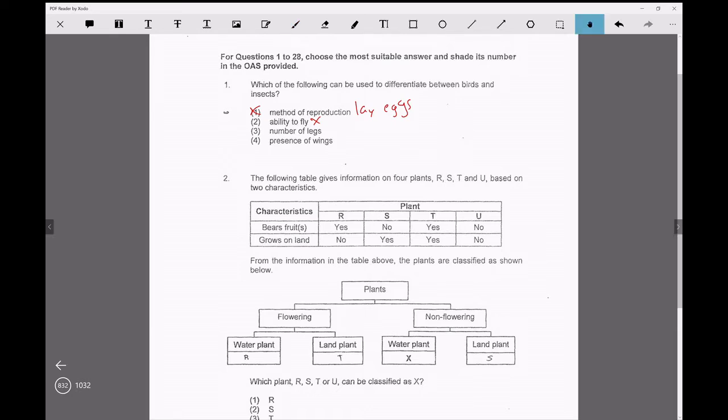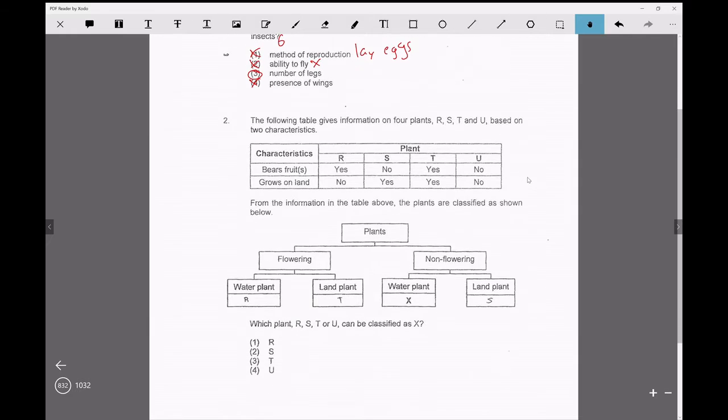Number of legs, yes. Birds have 2 legs. Insects have 6 legs. So that's possible. So choose number 3. Presence of wings also cannot because some insects also have wings. But actually the